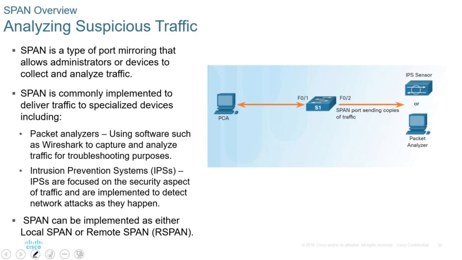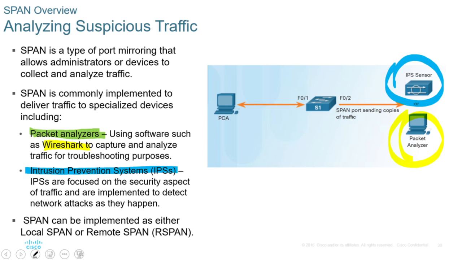We may use it with packet analyzers, things like Wireshark, where we can capture and monitor what is happening in our network environment, or we can use it with intrusion prevention systems. Again, these are servers that will monitor the network traffic and see if there is any abnormality, unexpected traffic patterns, or anything suspicious